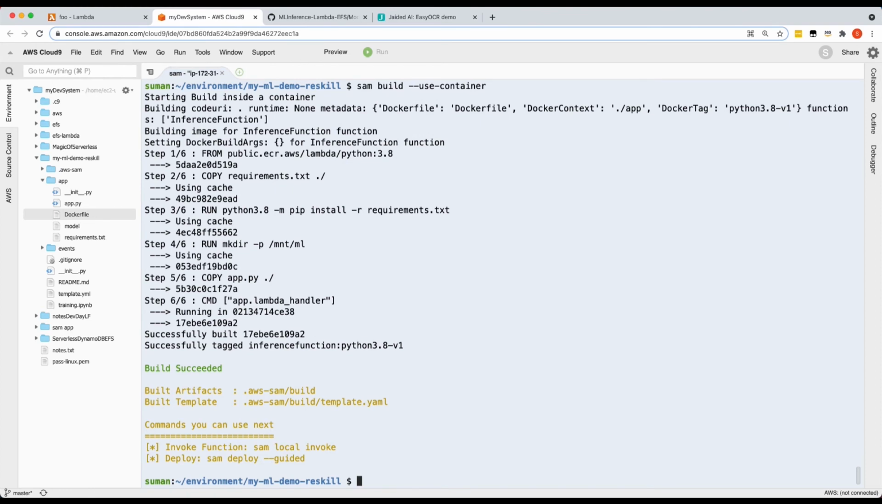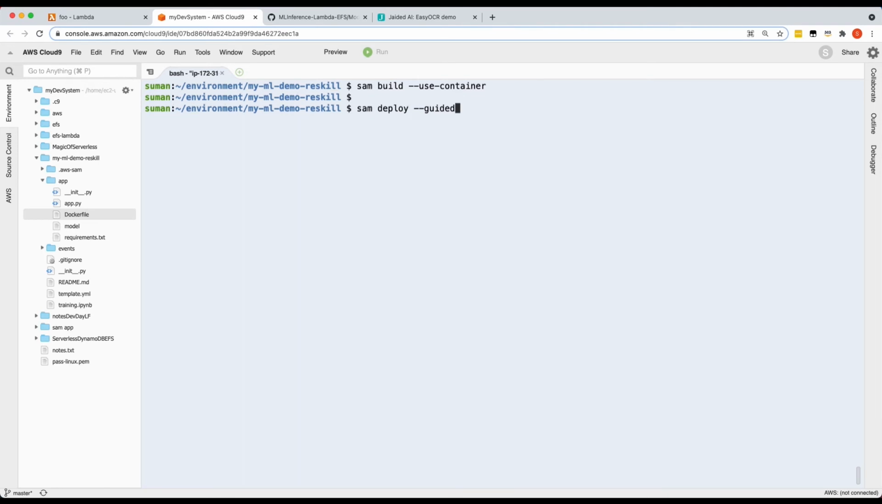Okay, so it has completed the build, and the next thing that we need to do is deploy it. When you do the deployment for the first time, you need to use the --guided option, or -g,